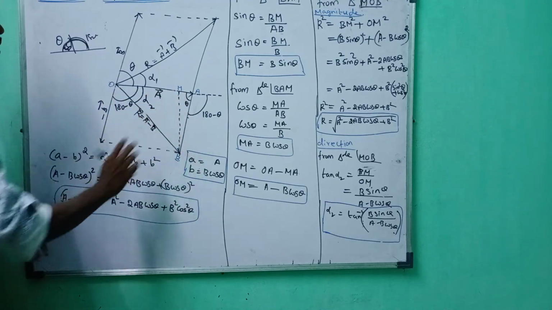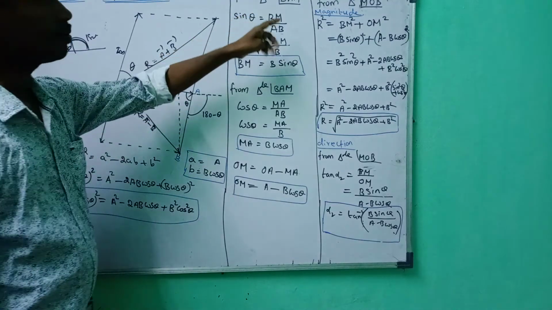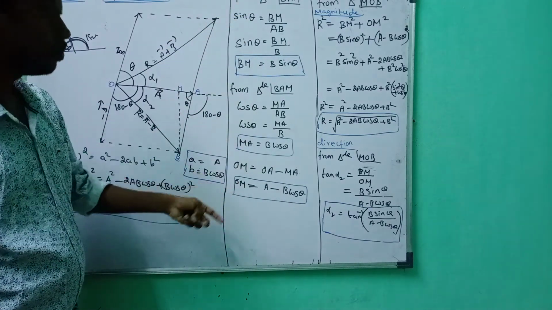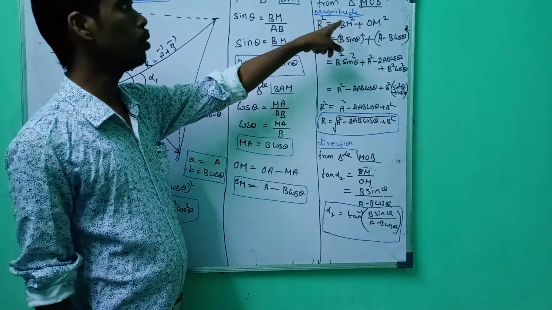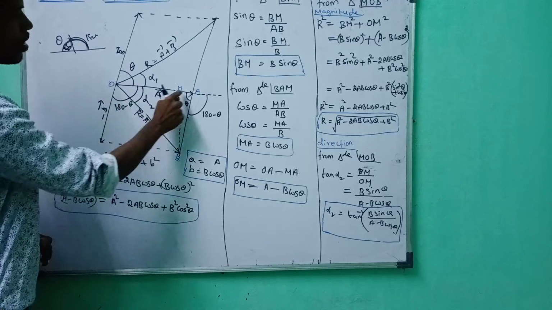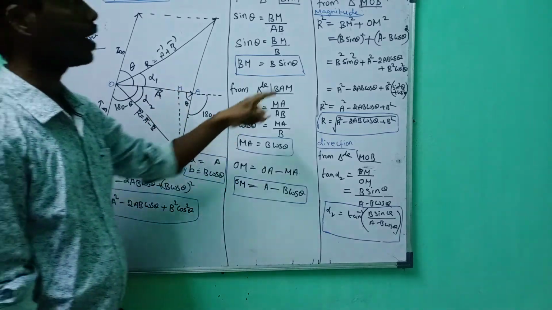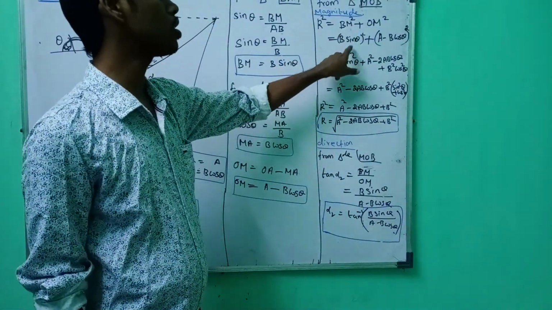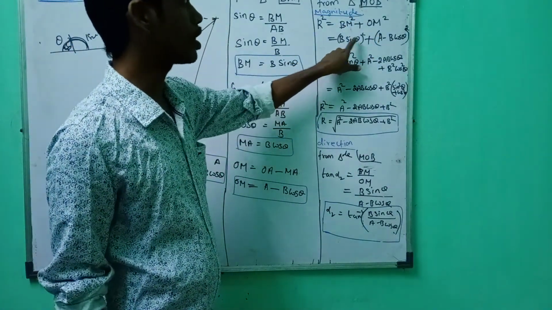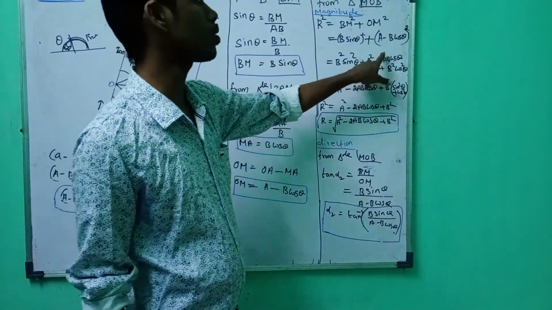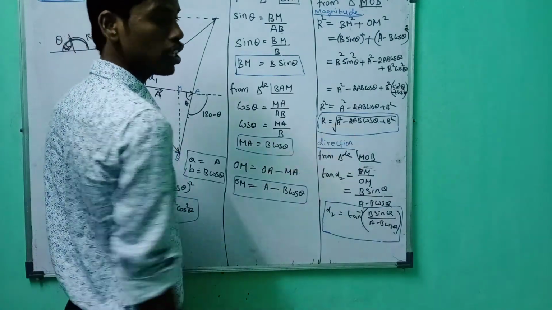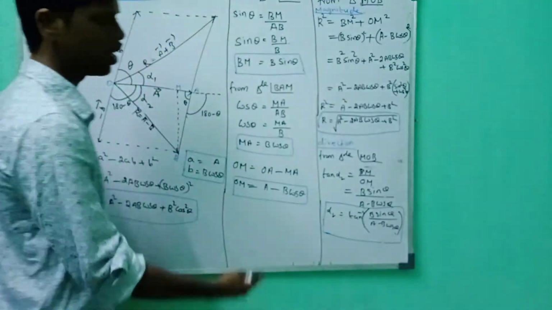This is OM. This is B. From the triangle BAM, we find out BM. Again from BAM, we have to find out MA. Then from triangle MOB, the magnitude, I want this one. So this square equals this square plus this square, OM square plus BM square, which is nothing but B sin theta the whole square plus the other term. If you expand this, B square sin square theta plus A square minus 2AB, here I have applied the formula. If you simplify that, you can get the magnitude of the vector and the direction of the vector.